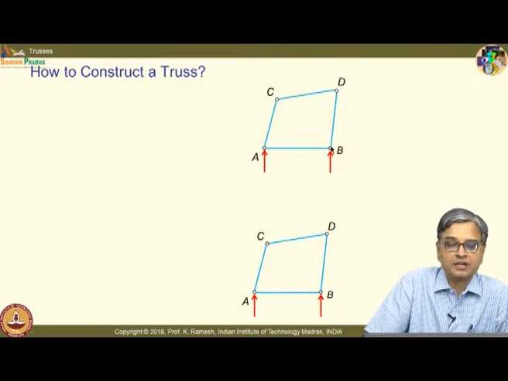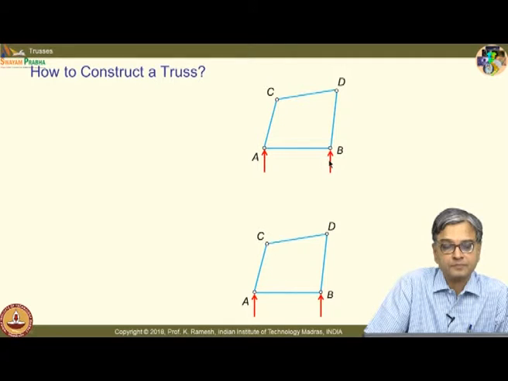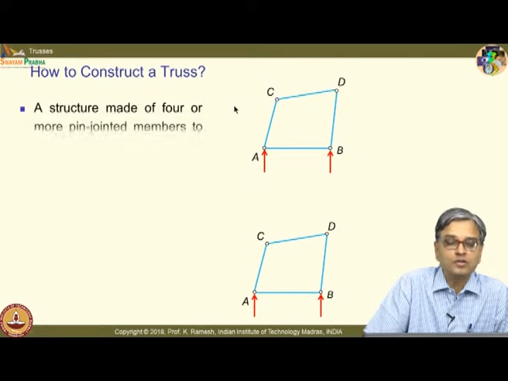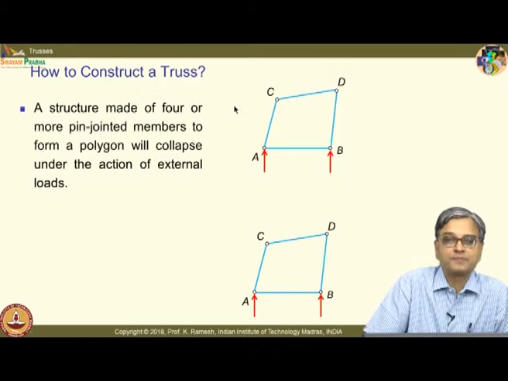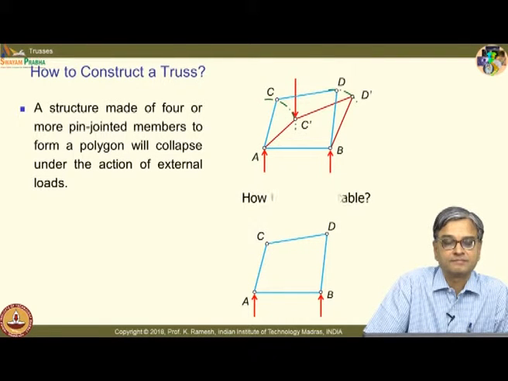I have 4 members here. As I told you earlier, when I put a circle, you recognize that you have a gusset plate which helps in connecting it, and no member is continuous through a joint. Suppose I apply a transverse load at C, what would happen to this? It would simply collapse. It would simply collapse like this. It cannot sustain a load.